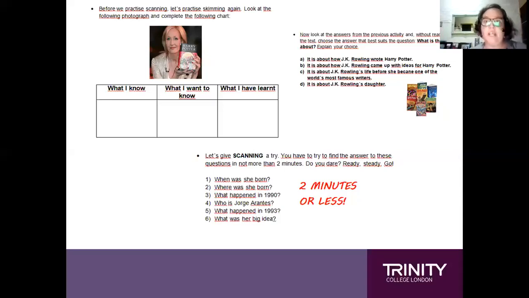It is about how J.K. Rowling came up with ideas for Harry Potter. It is about J.K. Rowling's life before she became one of the world's famous writers, what her life was before she became famous. And it is about J.K. Rowling's daughter. So just by quickly skimming and scanning, students have to try to work out what the